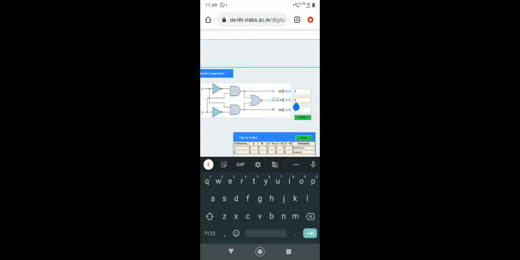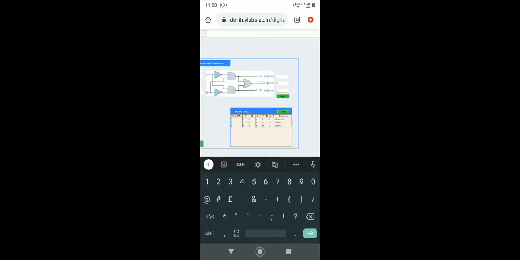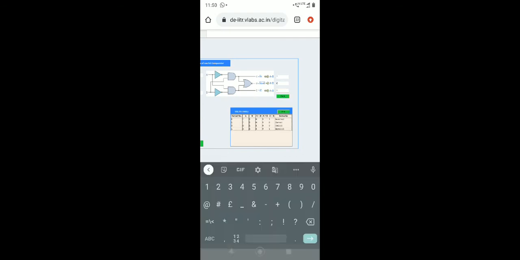A equal to B is not satisfied, so it will be 0, and A greater than B is also not satisfied, so it will be 0. Now check. This is correct. If for A greater than B we put 1, then check, it will be incorrect because B is greater than A here, since B is 1 and A is 0.